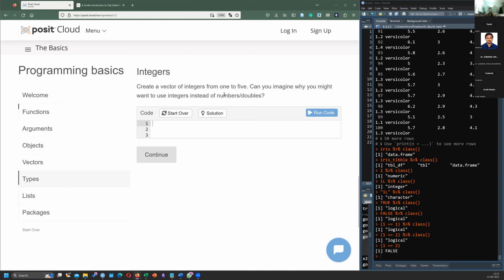Create a vector of integers from 1 to 5. You can imagine why you might want to use integers instead of doubles.